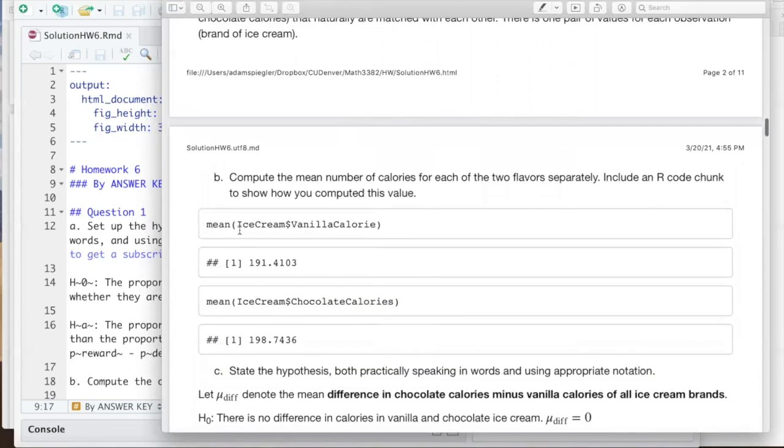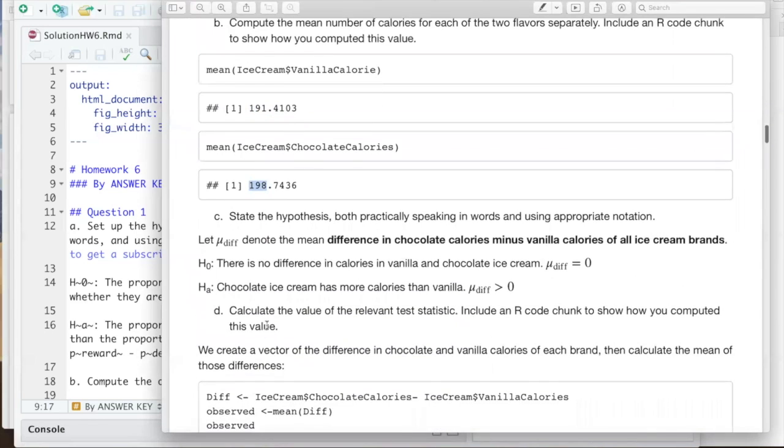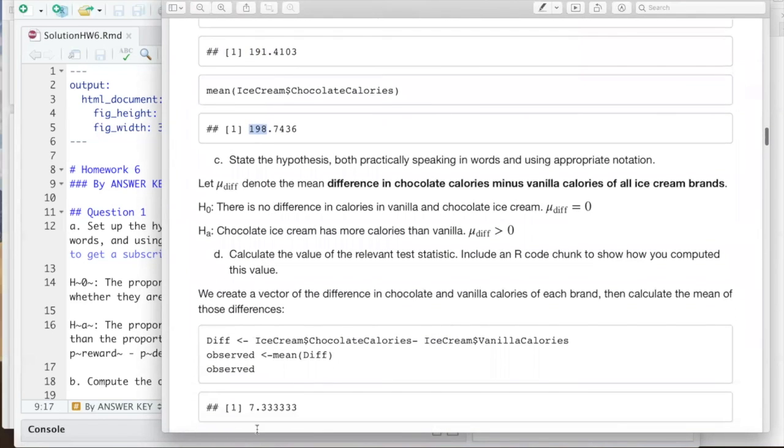And here we can calculate, out of the 39 brands that were in this ice cream data set, the mean vanilla calorie was 190 some odd calories compared to chocolate, which was 198. So overall, we observe a difference that chocolate, from our sample, had about 7.3 more calories